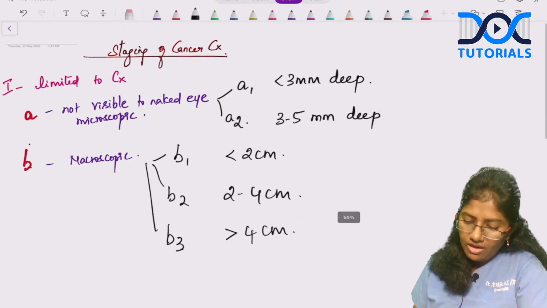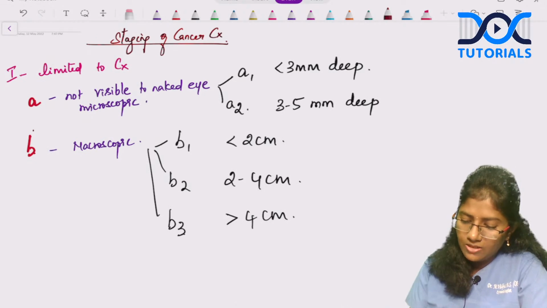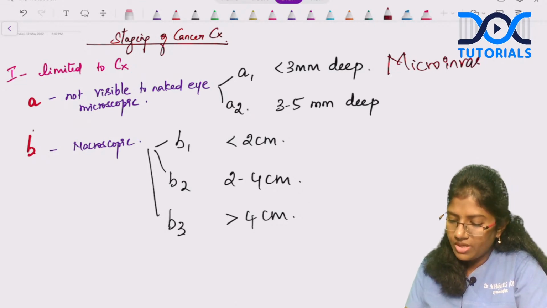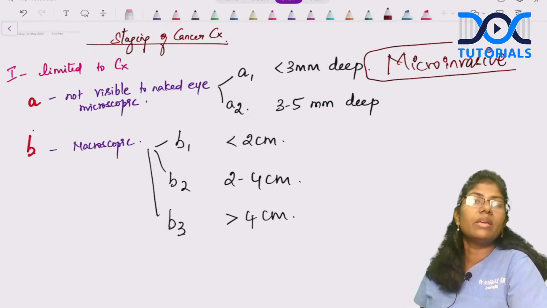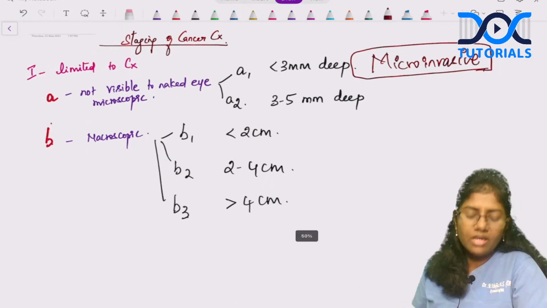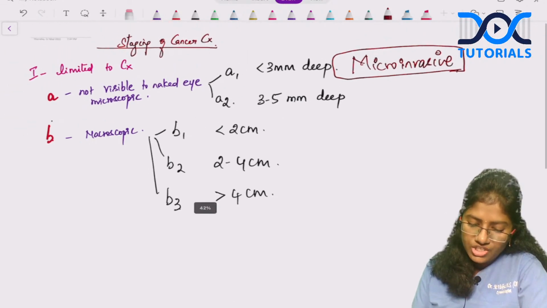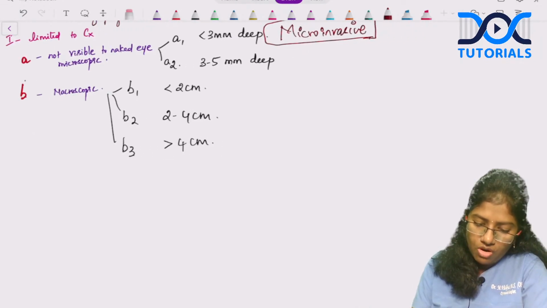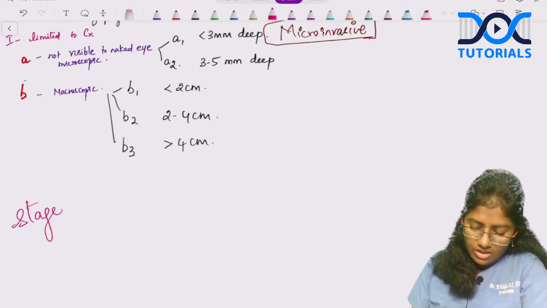Now again remember micro-invasive cancer. What is micro-invasive cancer? A1 is called micro-invasive cancer. This is about stage 1 of cancer cervix. Now coming to stage 2 of cancer cervix. I want you to remember this